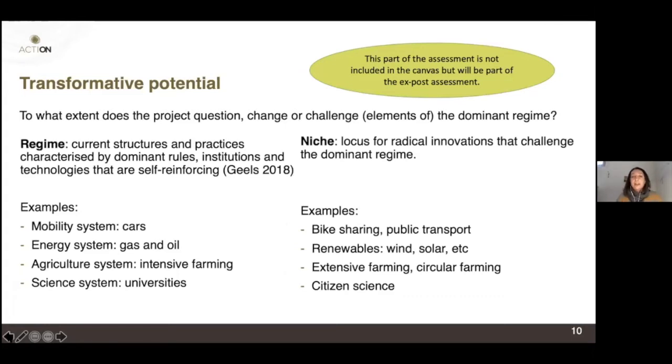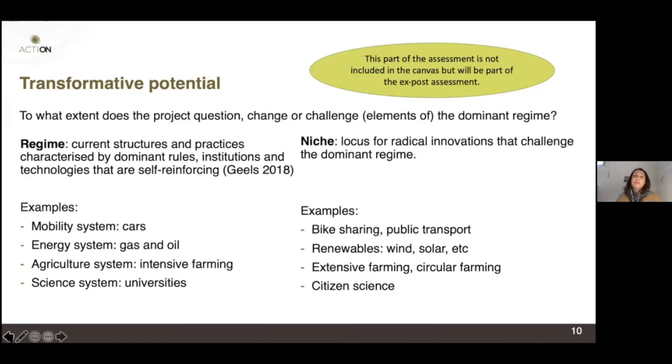Before going there, we talk about the transformative potential, which is the capability of a project to put in question, to challenge the status quo. So this is the more revolutionary-oriented part of the methodology.